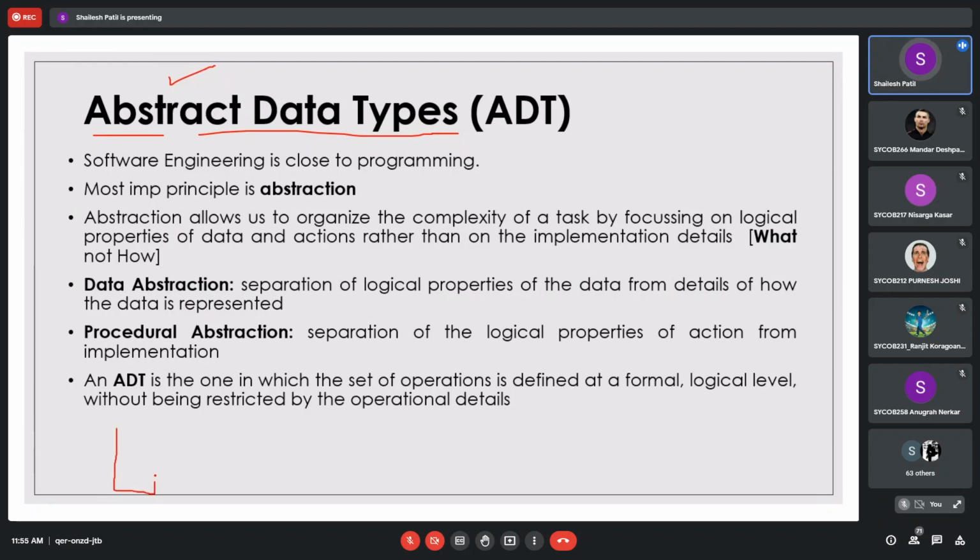I have to create a stack like this. The elements we have will be stored like this, and a new coming element is always added on top. This is my first element stored, the second is stored over here, this will be the third, and this will be the fourth. Now how is that stack going to perform? If you have to delete an element, the top one is going to be deleted first. We are not able to delete in between.